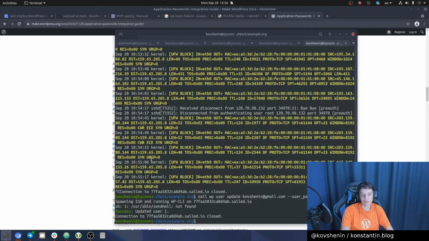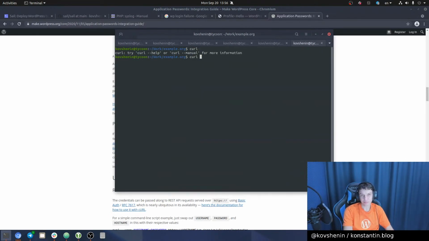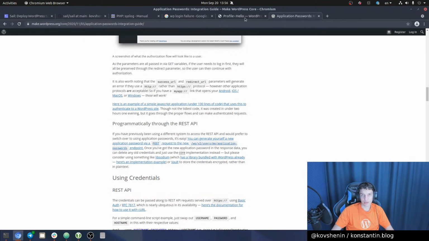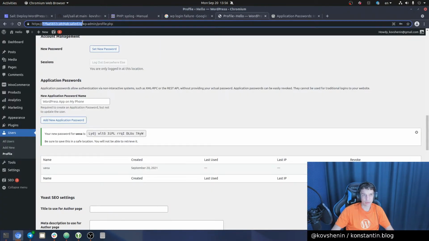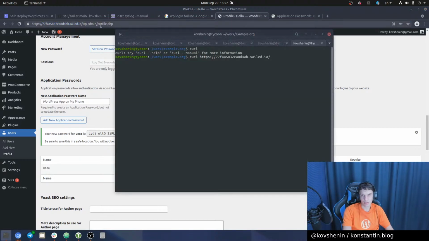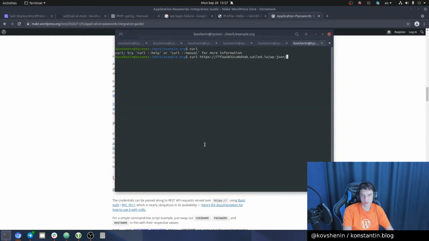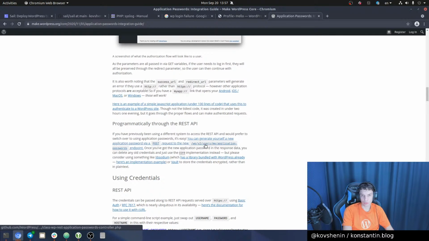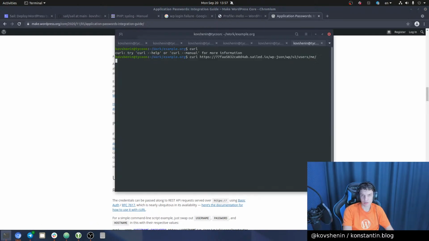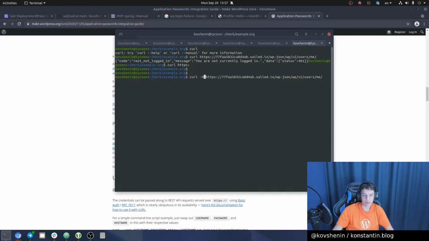So if I do curl https and I'll do this thing, and that would be JSON, wp/v2/users/me. You're not currently logged in. And so if I add a header,